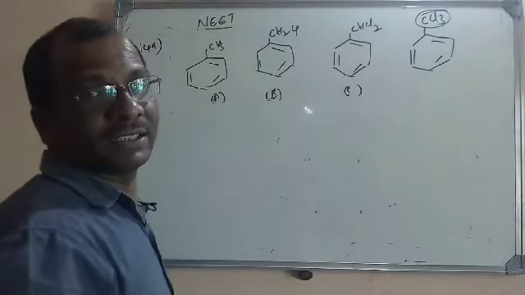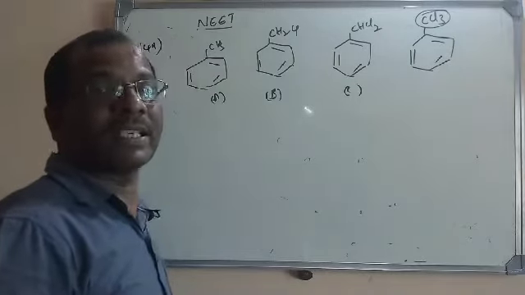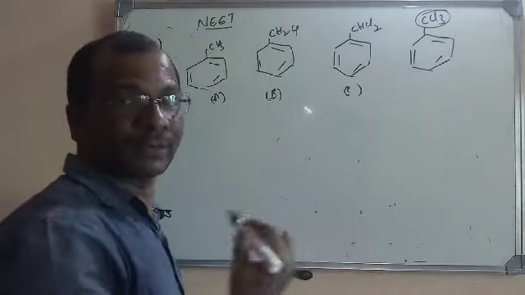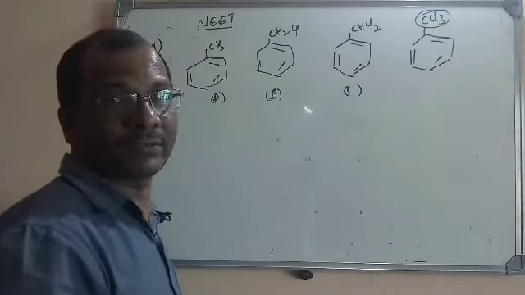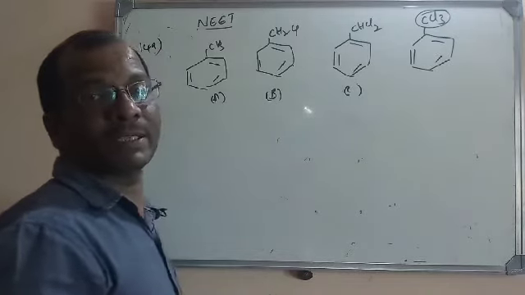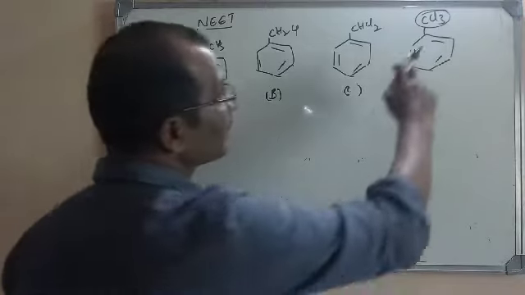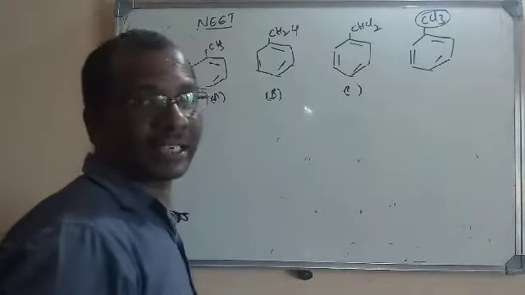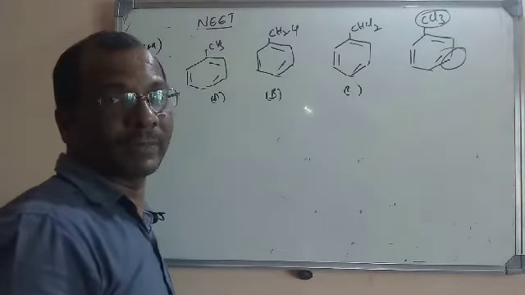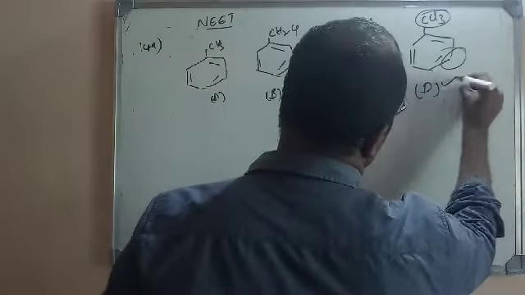So if you see, among all of them, CCl3 is the strongest deactivating group, because chlorine is a minus I group. So here 3 minus I groups are there. A minus I group takes electrons with the minus I inductive effect. Plus I means giving, minus I means taking off electrons. Because of that, it possesses a deactivating nature, and so the incoming electrophile will go to the meta position. So what is the right option here? D is the right option here.